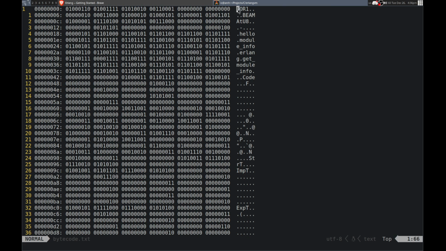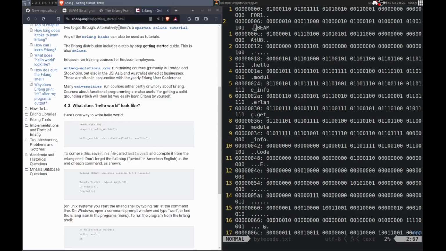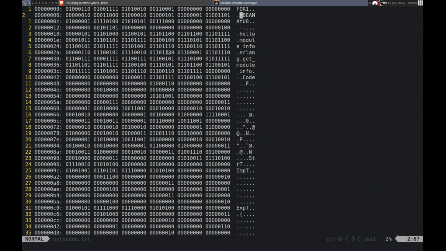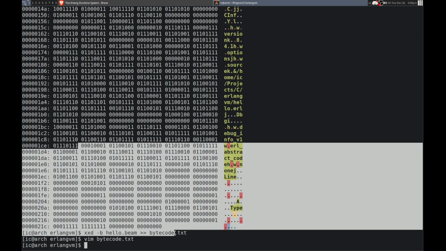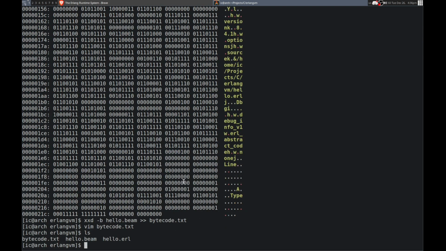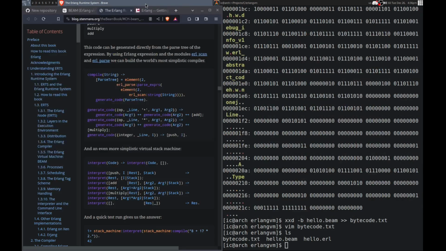Alright, so yeah, this is the header, which is here, 4 bytes, you can see, 4.1. And then there's another 4 bytes, which we don't know what that is yet, but it is documented in here, in this one actually. And then we have BEAM, and then some other stuff in here. So that's what we need to read, essentially. So, yeah, gonna be doing that with C.